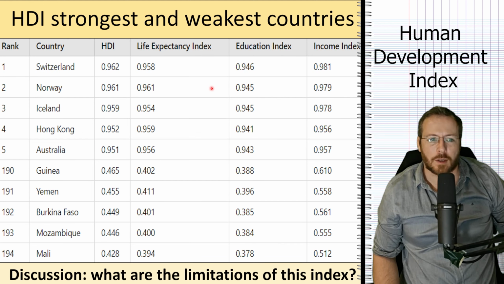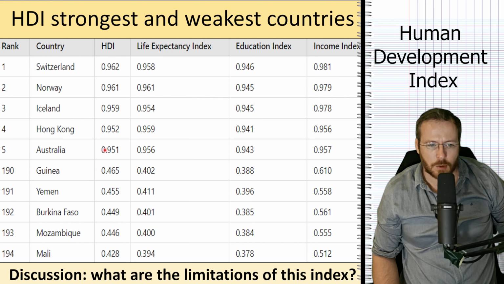Number 1, Switzerland, smashing the game. We already know they've got a high education level. Norway, Iceland, surprisingly, right close to the top as well. And Hong Kong, Australia. Sadly, England is not on there. But look at those at the bottom. Look at Mozambique. Wow, look at the life expectancy. In many African countries, the life expectancy is so low, and they have a really young population. Education index, the time in education is quite low in these countries and very, very long in these countries. And here, income index. You can see that their income, even when adjusted, is still really, really high compared to these countries. Quite interesting, right?